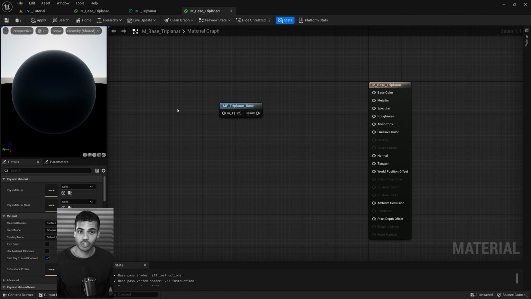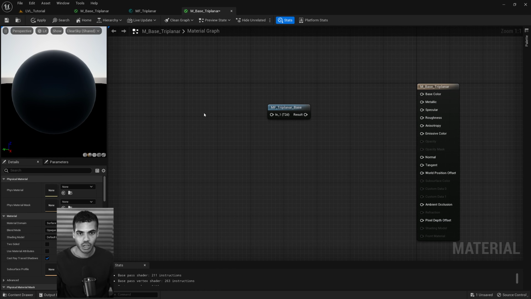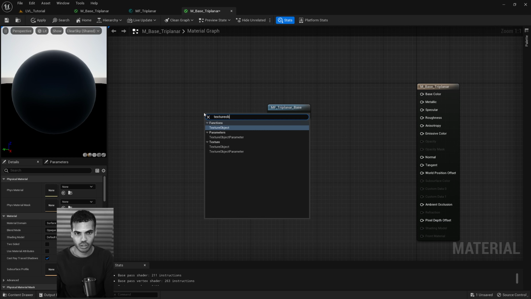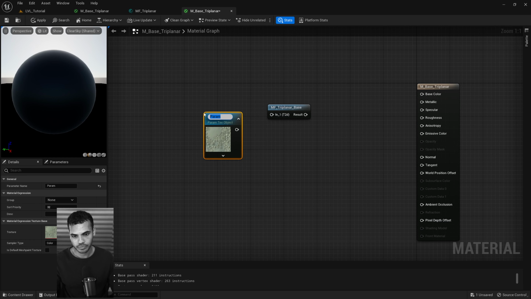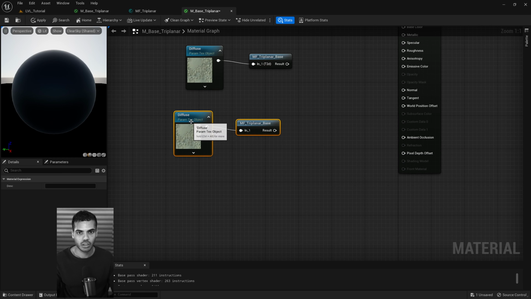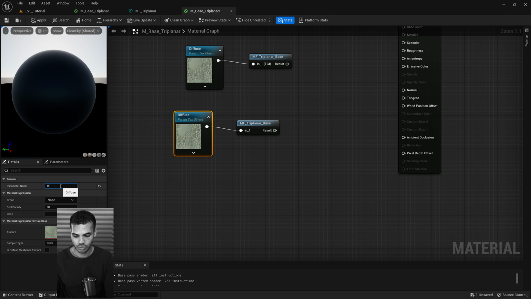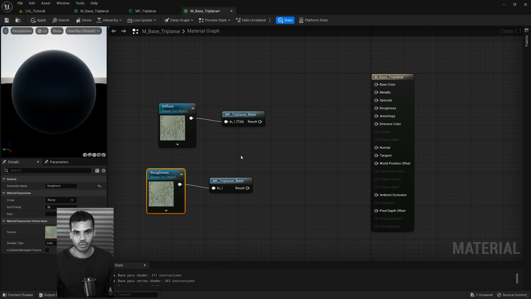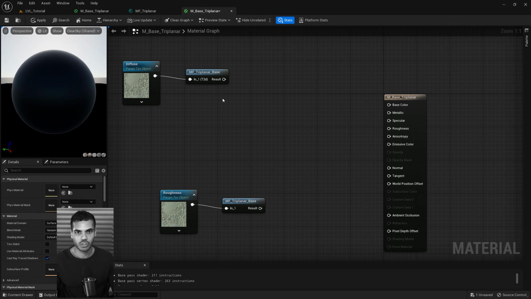Once you have your triplanar material function in, right click, type texture object parameter. I'll call this diffuse, and then plug that in. And then what you can do is select both, hit Control D, rename this to roughness, and we will first